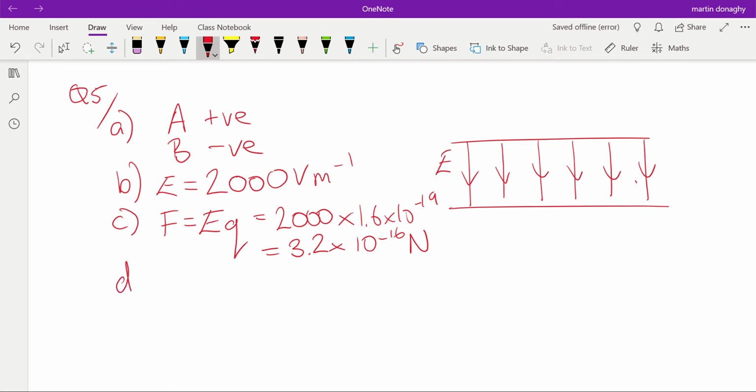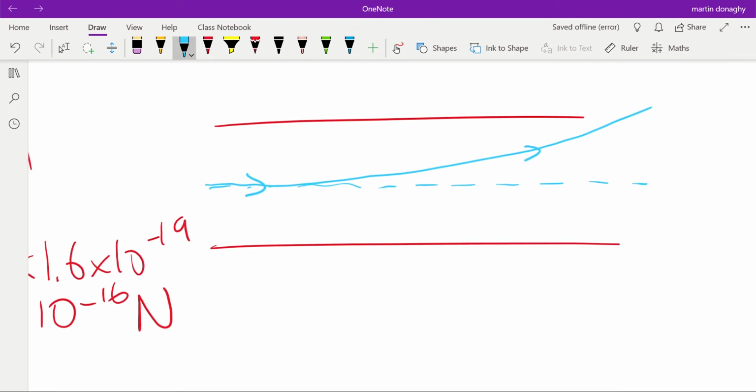Part D. There's an easy way and a hard way of doing this. Let's go through the easy way. So we're told that a particle enters these plates. I'll just get rid of the field lines. It enters between these two plates and it's going to be attracted towards A. So it's going to take that kind of path. Okay, so initially it's traveling horizontally. Its path is going to change, and we're told that at the end of these two plates it has an upwards displacement of 16 millimeters. Now that is 800 millimeters